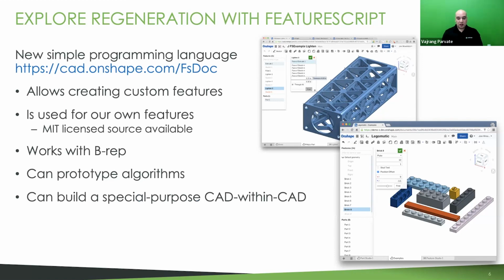For example, if you look at the bottom right example there, if you wanted to model a Lego brick with native features, you'd have to create the cuboid, then you'd have to create the top studs with an extrude or a revolve, then hollow out the shell from the bottom, and then fill in all the shapes with the mate, and mate with the studs and so on. Instead, you can just write a custom feature that just takes the stud dimension, let's say 1x4, 2x6, 3x8, whatever. And then the custom feature can generate the complete final geometry for you with every detail filled in. That is really powerful if you haven't seen it before.